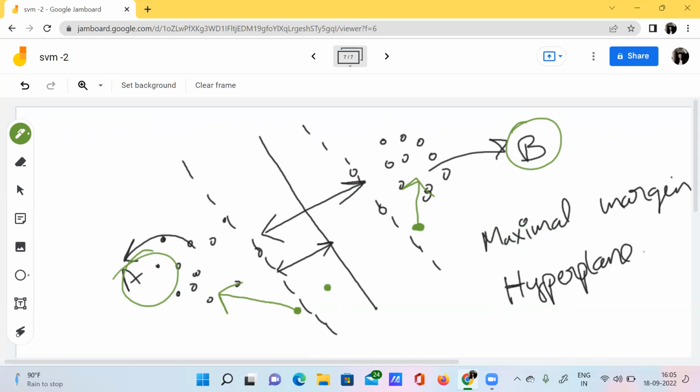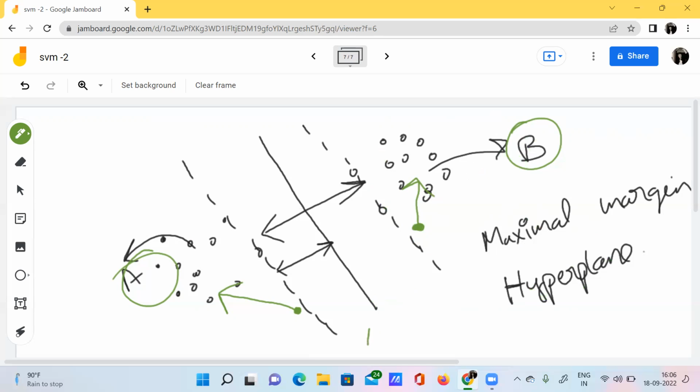So we have already classified a data point based on this approach. If it is lying left of the margin, then we classify it to category A, and if it is lying right of the margin, then we classify this data point to class B. This total process is nothing but classification using this maximal margin hyperplane.